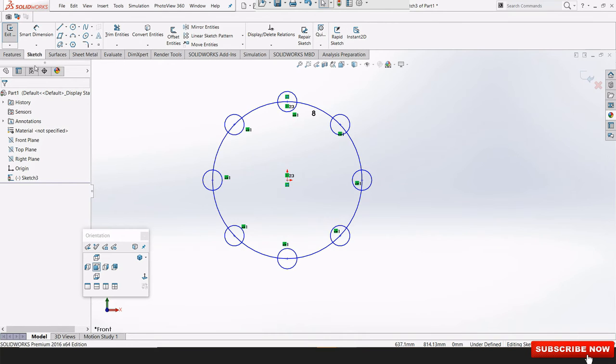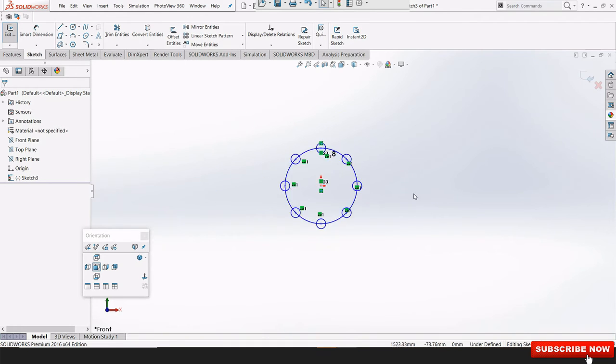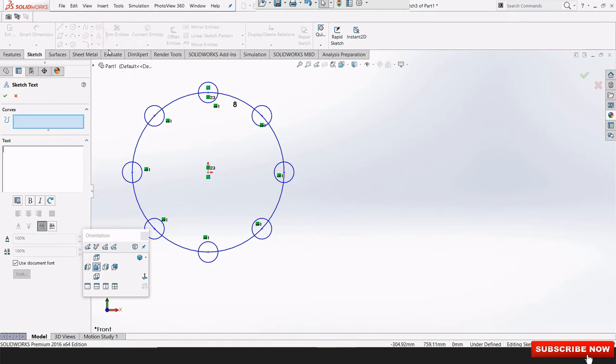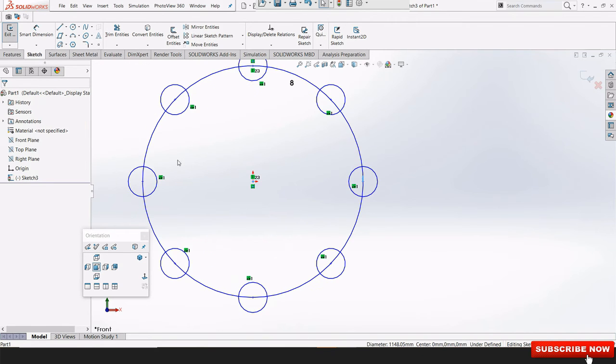So this is the sketching part. We have seen all the tools which are simply used in the sketching mode. So we are having one more tool. We'll have to give a name of whatever you want, like I'm choosing Sri Charan. Okay, that's it. Then we will select the curve over which we want to see it. Then we are having.